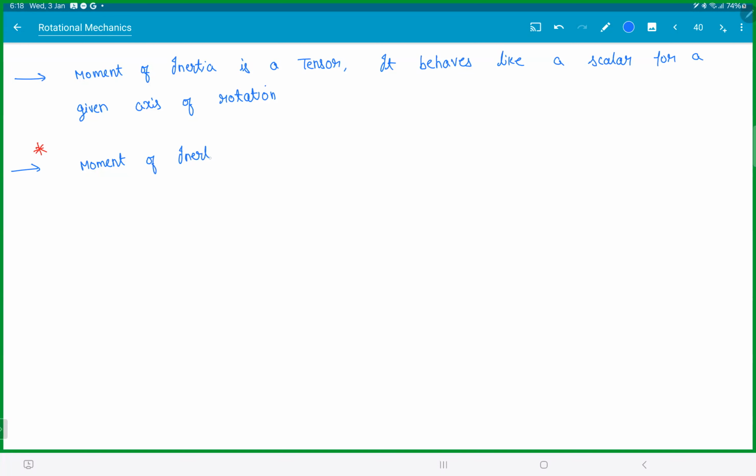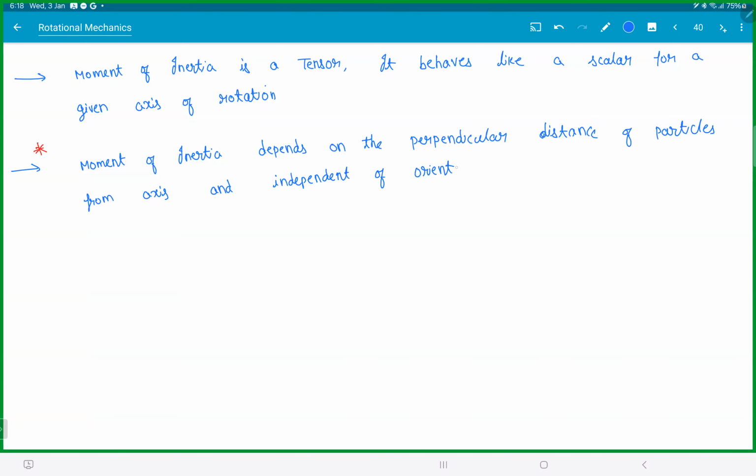Moment of inertia depends on the perpendicular distance of the particles from the axis and is independent of the orientation of particles. Perpendicular distance of particles from the axis. Independent of orientation, meaning